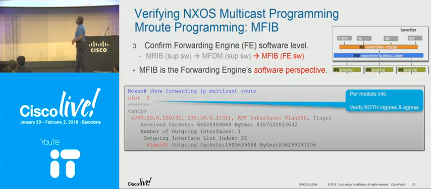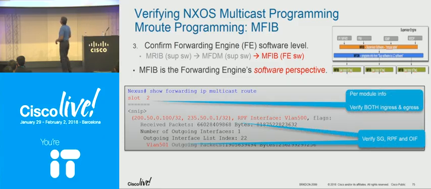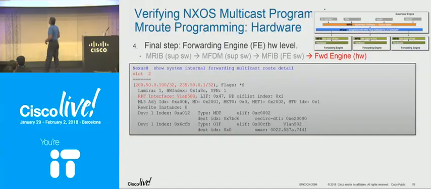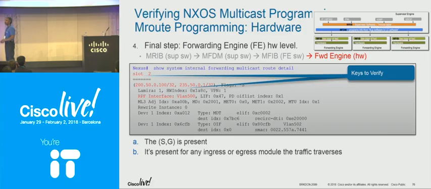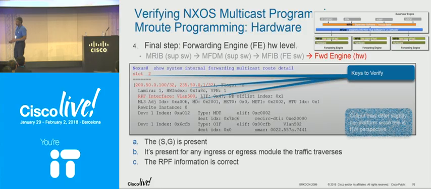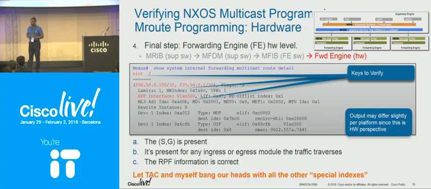So if we have MFIB entries, then of course it basically differs depending on the platform. The next step is to look into the hardware ASICs. Do we have all those state entries created? So till this point, if you see all those state entries are fine,